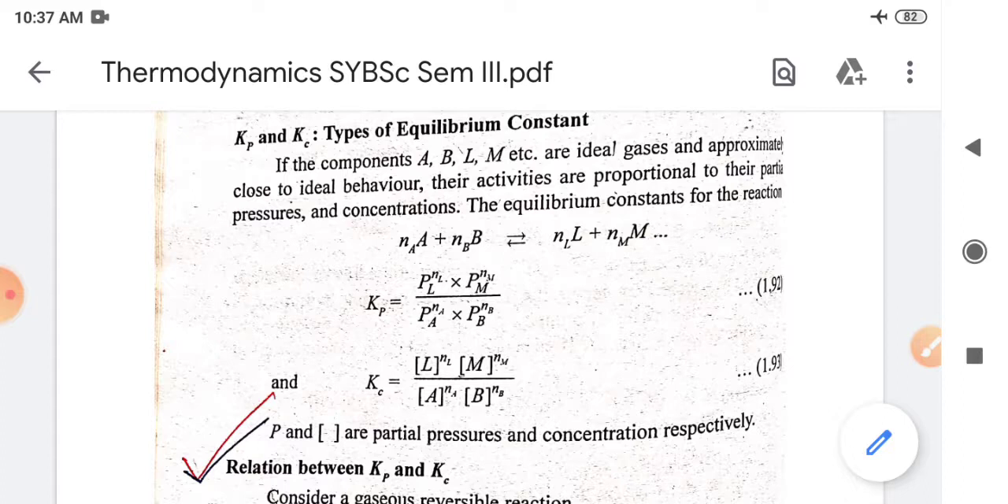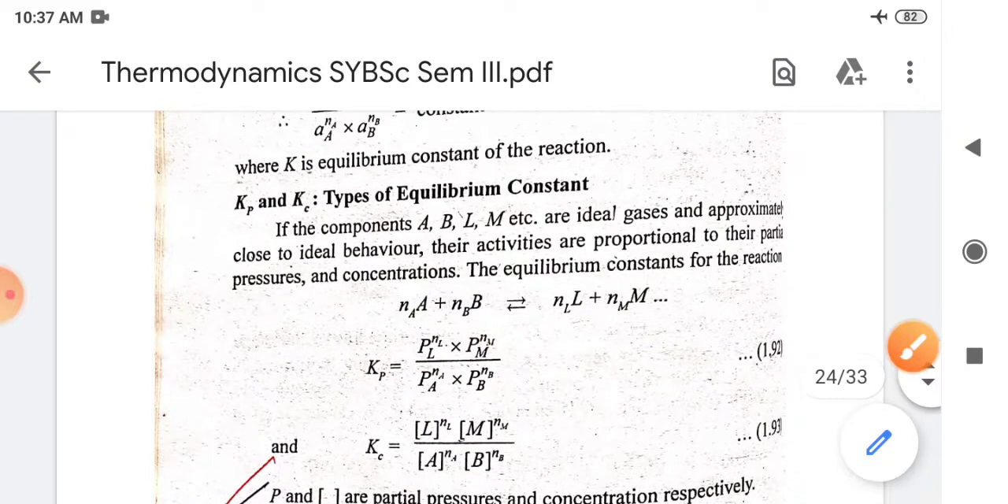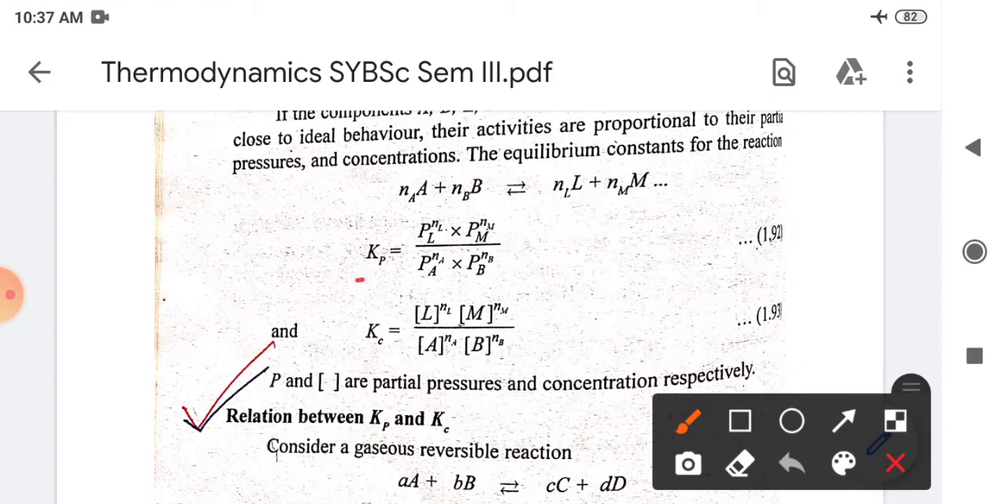There are two types of equilibrium constant. One is the equilibrium constant if we consider the partial pressure of the gases, and another one is the equilibrium constant if we consider the concentration of the gases involved. So concentration and pressure, these are the two equilibrium constants. One is represented by Kp. Here you can see that, that is Kp. This is related to the partial pressure of the gases, and this is Kc, that will be